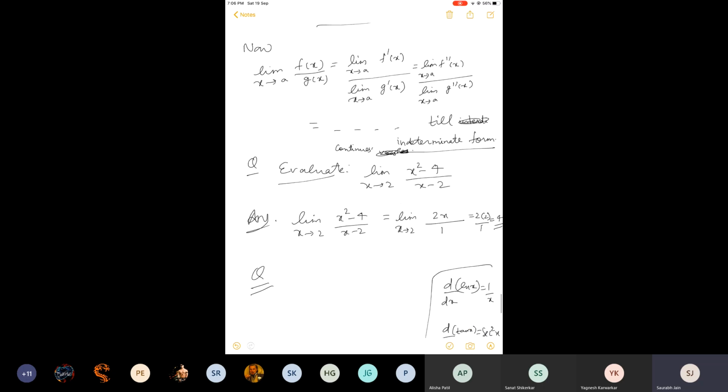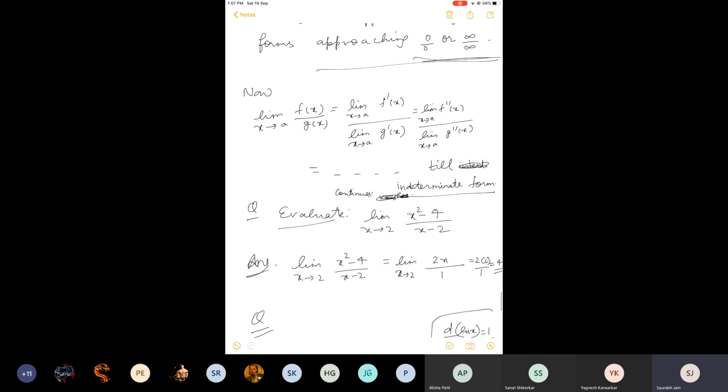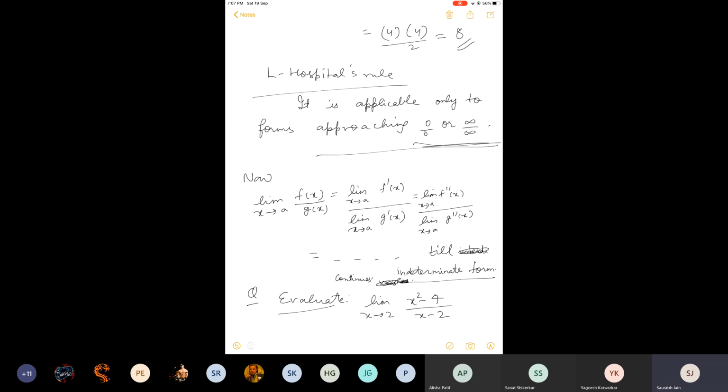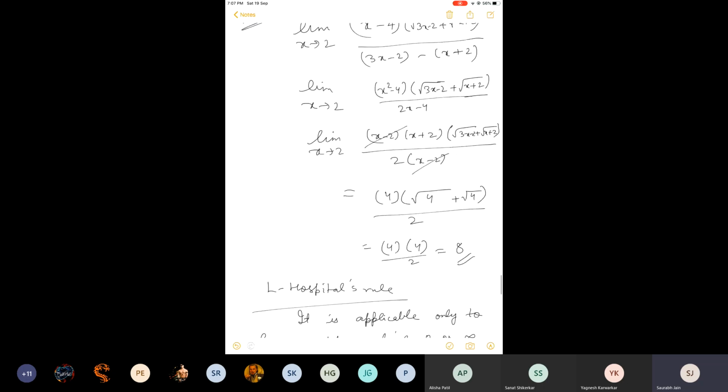But I will tell you one thing. This rule, L'Hospital, though it may seem very easy and it will solve almost 70% of the questions, try to use it less. Why? Because the examiner also knows that you find L'Hospital easy. So they will give you some questions where using L'Hospital may lead you to lengthy steps, time-wasting calculations, etc. I will show you how. Whatever I'm teaching, everything is important. Do not depend on a particular method only, if you want to make sure that you solve the question in the paper. Limits is easy, it is interesting. You can solve the question, but do not depend totally on L'Hospital.